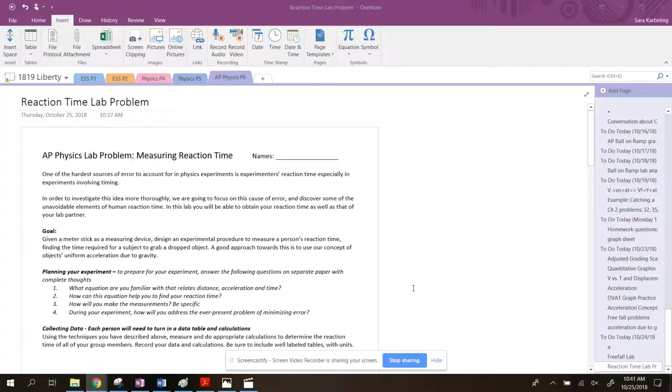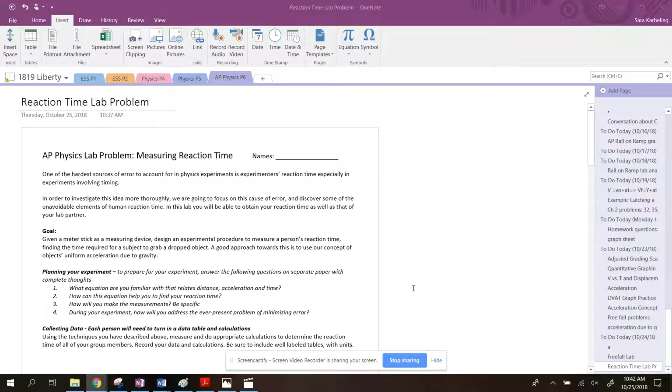Working on a lab problem. So it's kind of like the friction on the book problem in that you're going to take a little data, do a little calculations, but it's not a full lab. So the substitute hopefully is handed out, or will hand out in just a minute, the reaction time lab, and